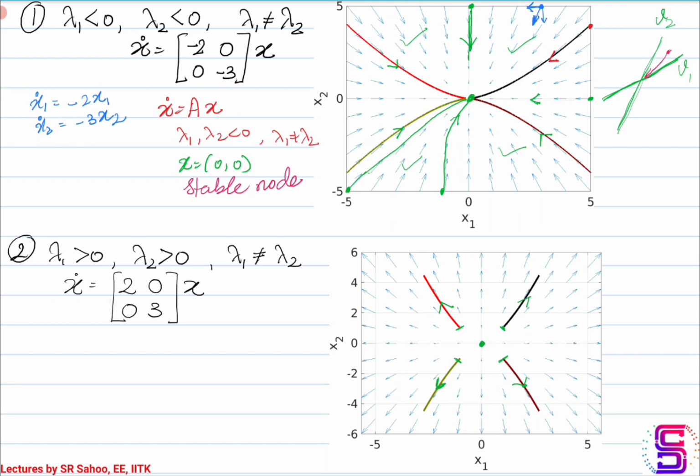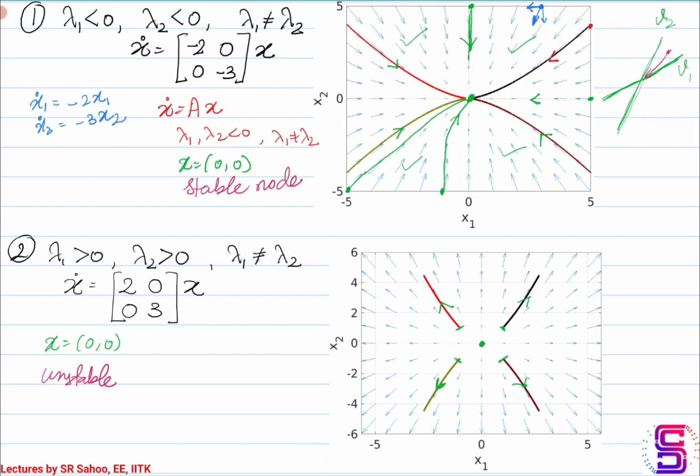Okay, so wherever you initialize, no matter how close you are to the origin, your trajectories will evolve and move away from the equilibrium point, which in this case is the origin. Because of this behavior we call this an unstable equilibrium point. So there are directions in which, if you start arbitrarily close, it will actually move away.